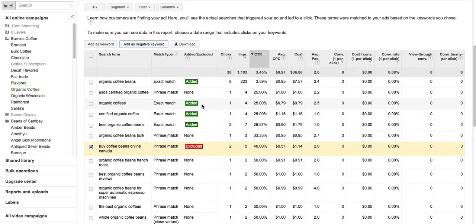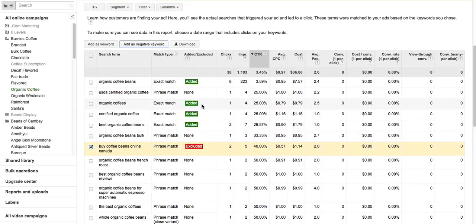Also, there are some really great tools. WordStream has a great negative keyword tool that you can use to do some initial research. And then there are some negative keyword lists that I use and have used in the past that work really well as just a baseline list of keywords to use when setting up your campaign, especially if you're selling something. You often don't want keywords like how to make, free, coupon, unless of course you are offering something free. But it's a good list of about 200 different keywords that you can add to your ad group so that